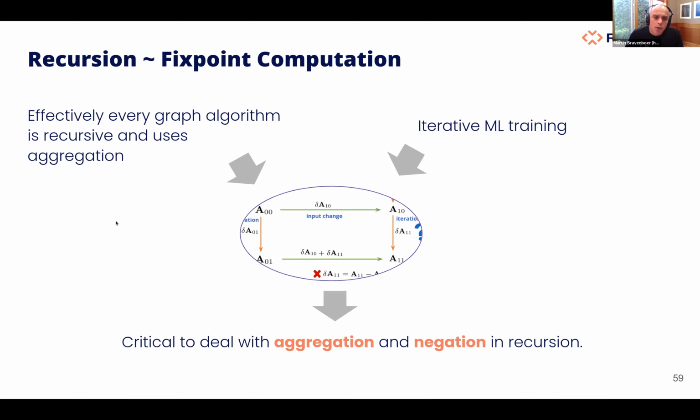So in plain Datalog, which we are based on to some degree, there is no aggregation and negation in recursion. That's just a no-no. That's not acceptable, because in graph applications there are aggregations and negation in recursion. And so to be able to express these algorithms, we do need to support that in our system.